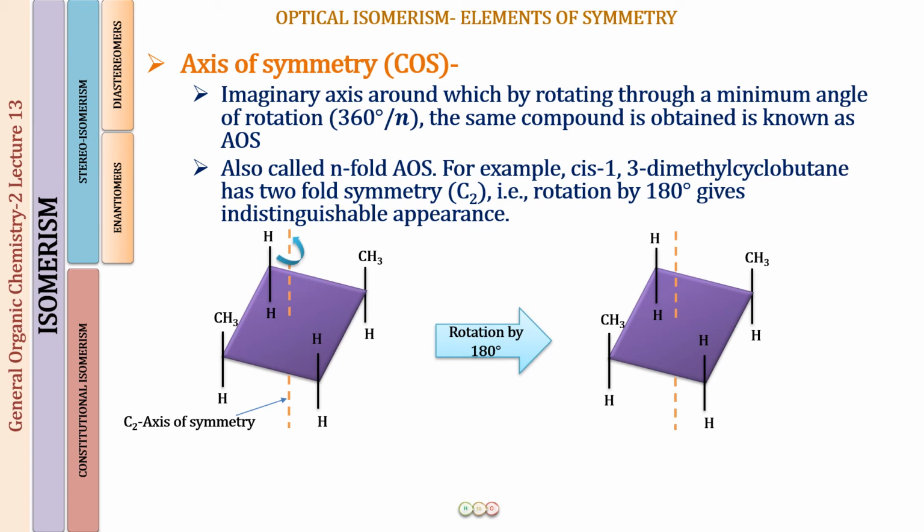Now this may or may not be present in a chiral molecule. I will give you an example of that as well just a few moments from now. But before that, I want to talk to you about the alternate axis of symmetry as well, because that is not in your curriculum. I just want you to have an understanding of what an alternate axis of symmetry is.